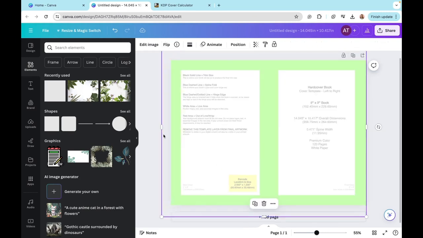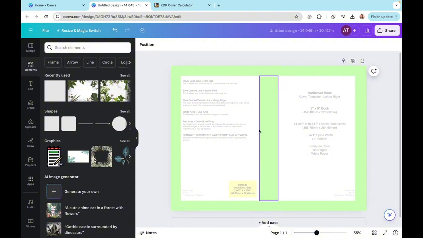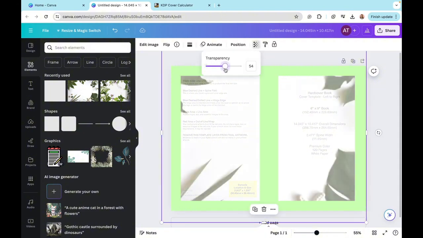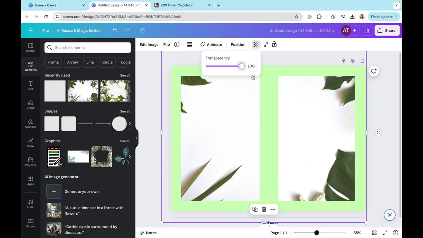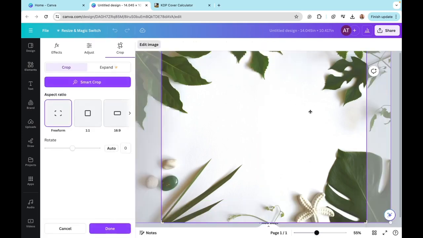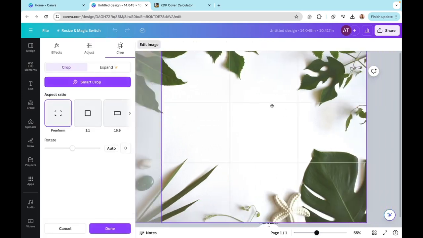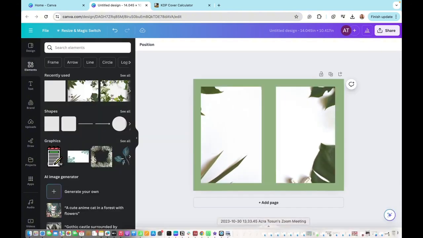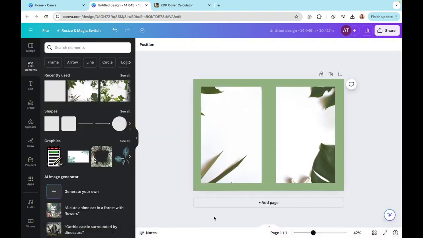Okay, so now that I have this frame and all my bleeds are covered, what I'm going to do is click on my picture, go to transparency and make it fully visible again. And when you click on it, you can also adjust where the leaves are kind of positioned within the frame. And now that I like everything about my cover design, I am going to be adding a heading to my